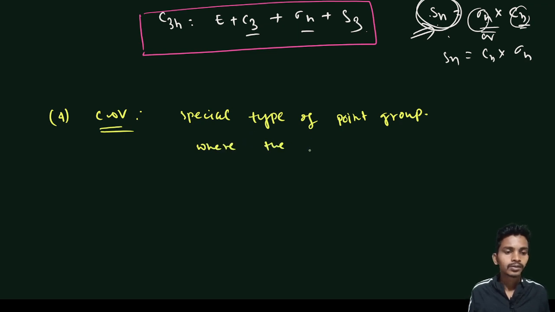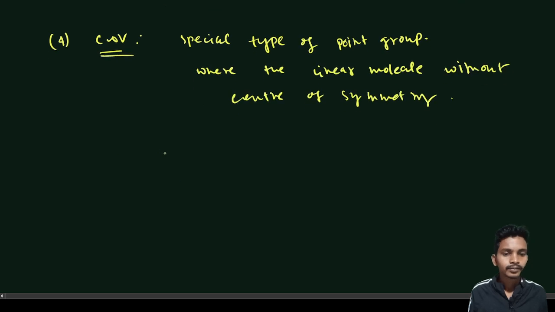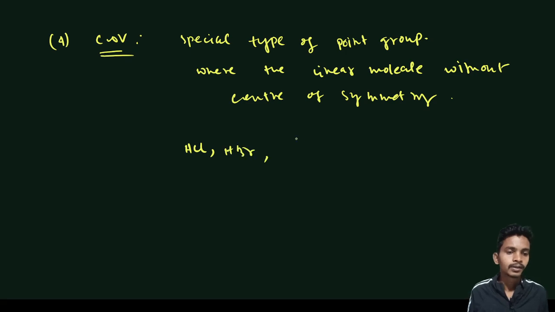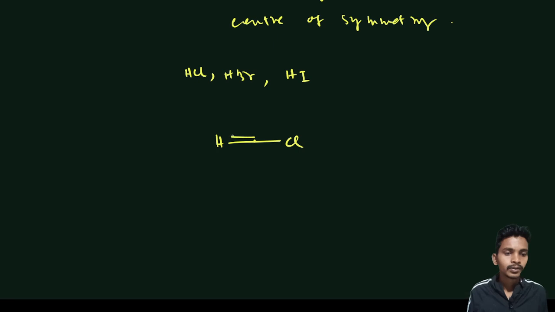the linear molecules without center of symmetry fall in this category. Let's say, like HCl, HBr, HI, whatever, linear molecules, but their center of symmetry is not there. So see here, from here you get H, you get Cl, so different. So i is absent, and in these groups,